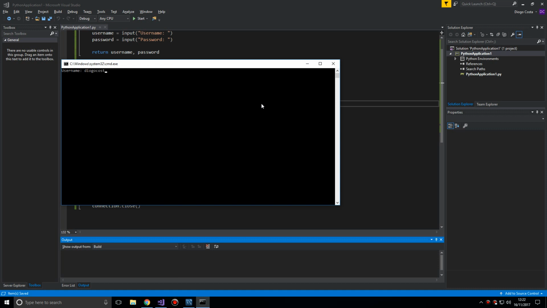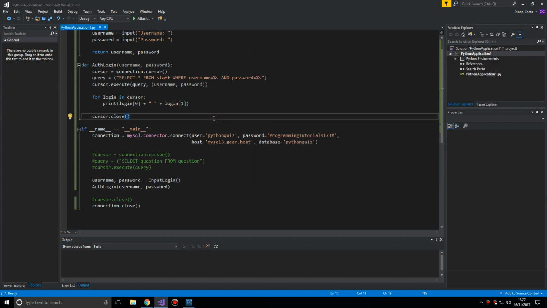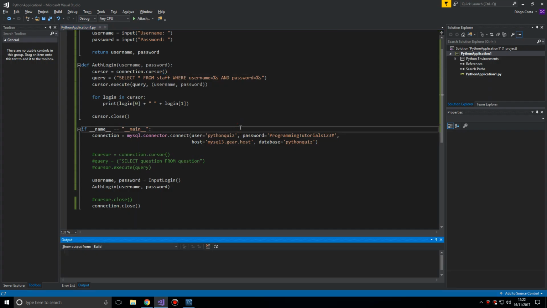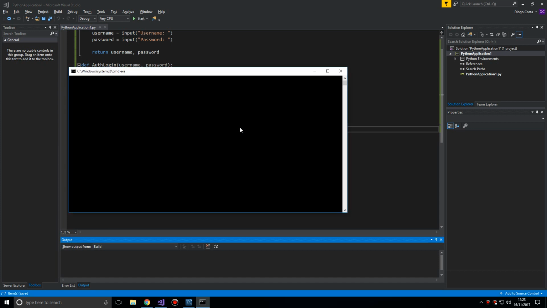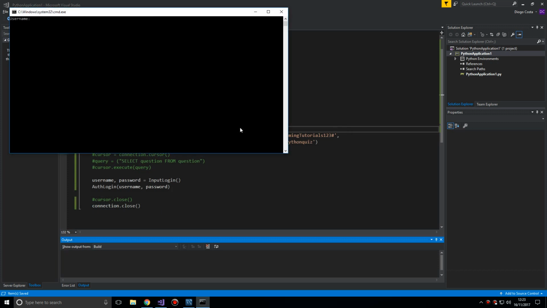So let's put in dcoster and admin. We get dcoster and admin, apparently. Does that work then? Select star, then a password. What if we try and put in some random rubbish? Let's see what happens. Nothing. Okay. What if we put over here